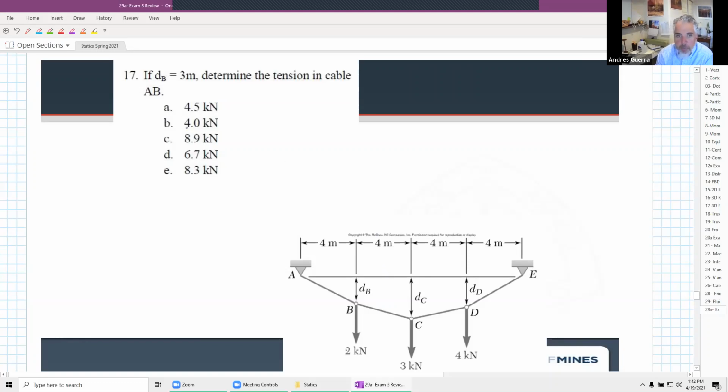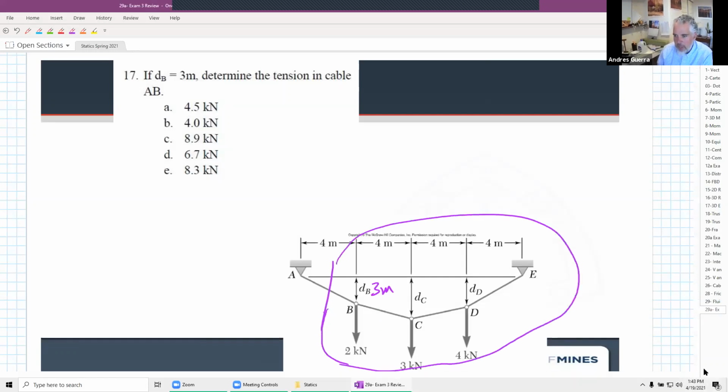Okay, let's wrap up here with a few problems on cables. And these ones, I'm going to focus on the FBDs and picking that FBD. If DB is equal to 3 meters, determine the tension in cable AB. So, if they're asking us to find the tension in cable AB, well, we better cut through it. And then we better go to the right, because to the left, there's really not a whole lot of information there. So if we do an FBD to the right there,